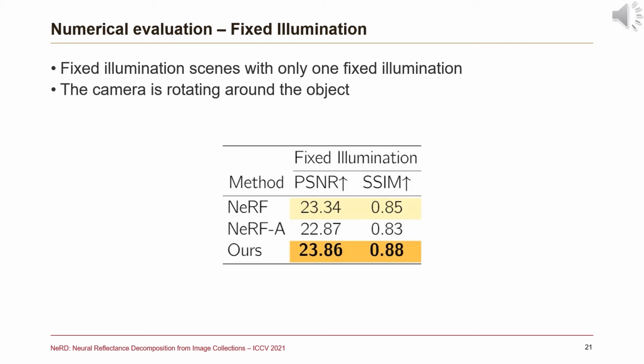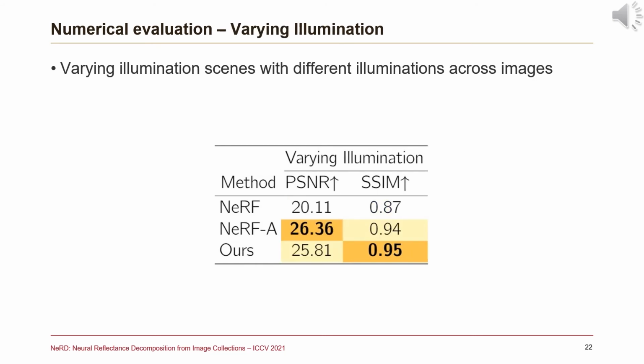Numerical evaluations support our accurate reconstructions. First, we only look at fixed illumination from the real-world datasets. This means only a single illumination is present and the camera rotates around the object. As seen, all methods are comparable in performance while our method performs better than the baselines. On image sets with varying illuminations, NeRF can now be seen as a weak baseline since it is not capable of handling varying illuminations. NeRF-A, on the other hand, is a strong baseline as the task is simpler compared to creating an accurate decomposition. Still, our method works on par with NeRF-A. In addition, our method is capable of relighting under unknown illumination and allows for real-time rendering.